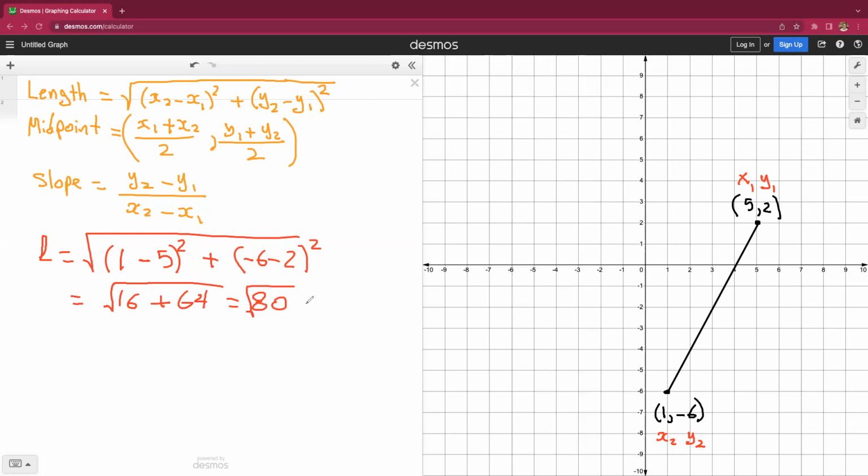And in grade 10, if you haven't done mixed radicals, I'm not going to go over mixed radicals yet, because that will confuse you. So you just go into your calculator, find out what the square root of 80 is. It's very close to 81, so it's going to be almost 9, just shy of 9. So I'm just going to guess this 8.9 square root of 80